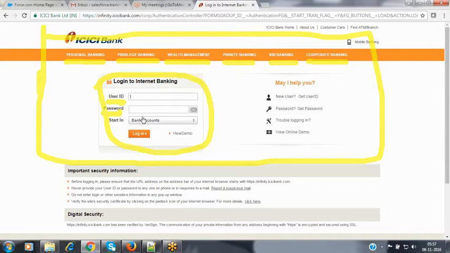So in order to show your identity, we have to provide your user ID and the password. Now only these two text boxes are available here. Now when you go to that start-in, this is a pick list. It is providing some set of options to you, like bank accounts, dashboards, my accounts, payments, transfers, like that some options are available inside this pick list.